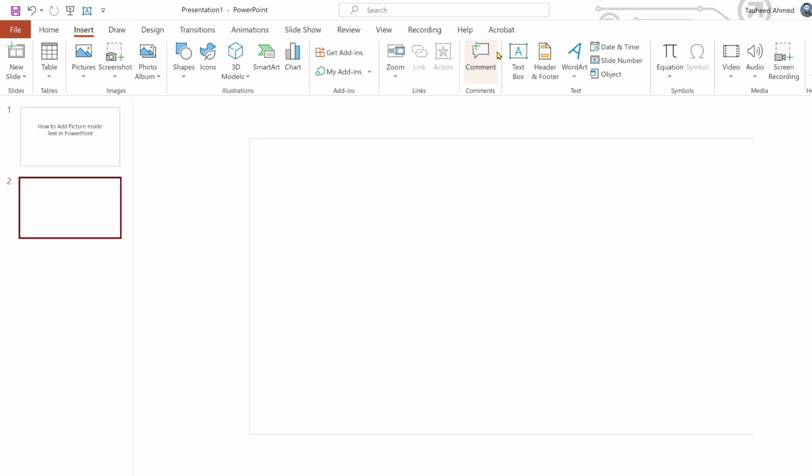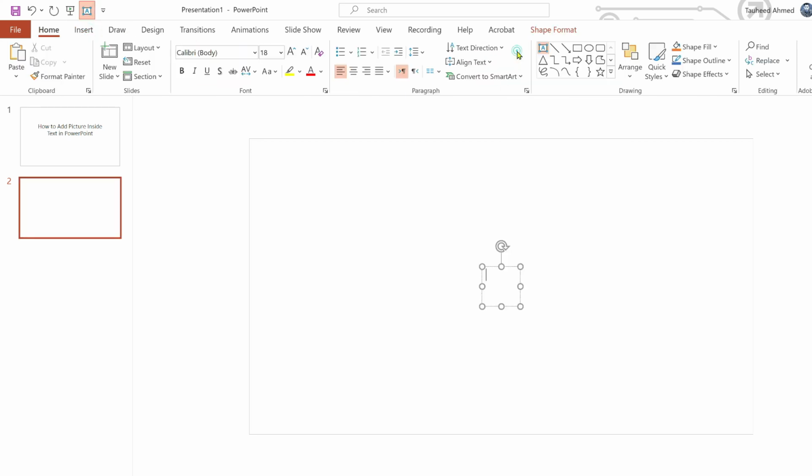And on the right side, you will see that there is a text box. Click on that and write the desired text. So expand it